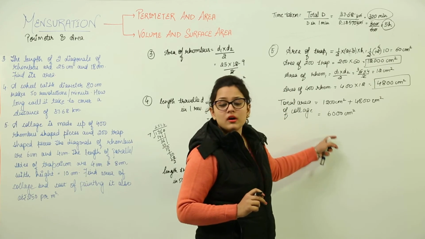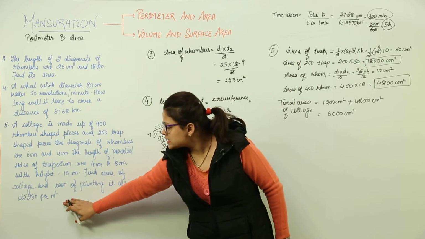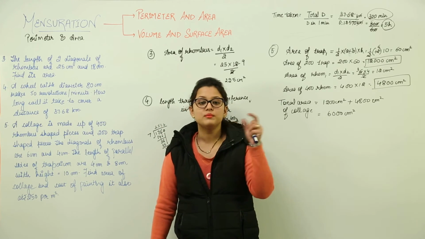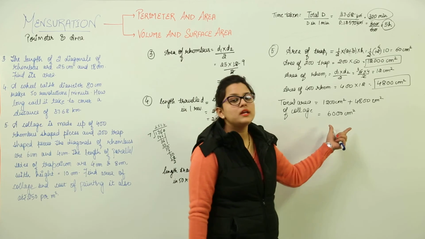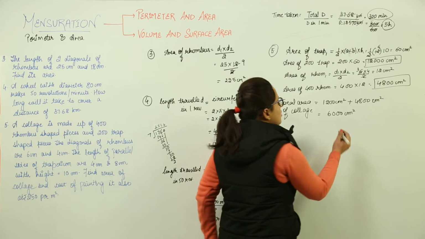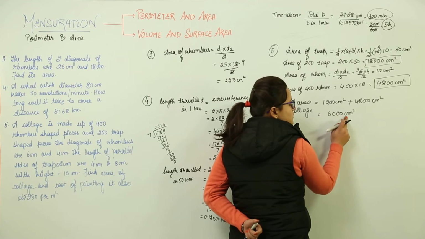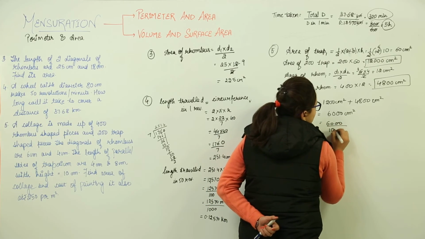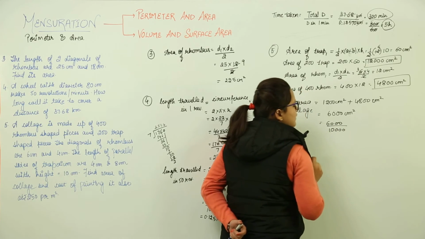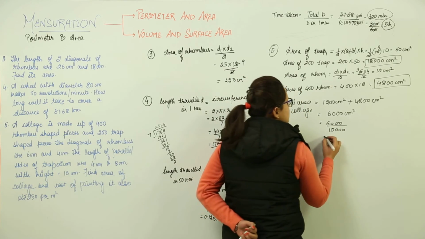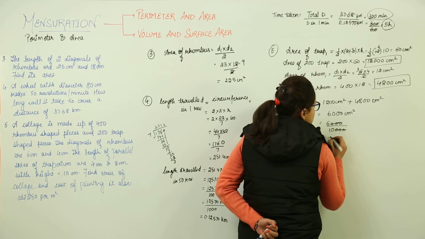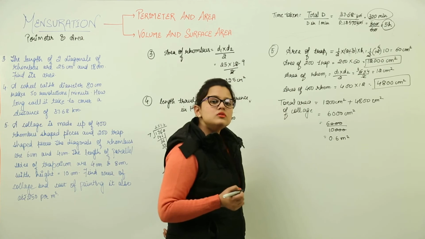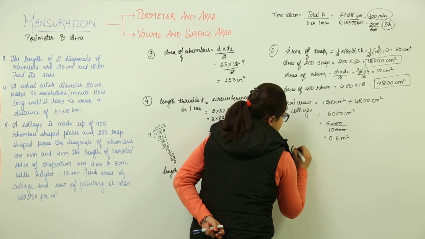Right, now you have seen here the cost is written as 250 per meter square. The cost is given per meter square. That means we have to convert our area into meter square. Now how do we convert this? This is already in centimeter square. So we would divide it by how much? 1 2 3 4. We would divide it by 10,000 to get the area. Now this gets cancelled. What do we get? 0.6 meter square. Understood?